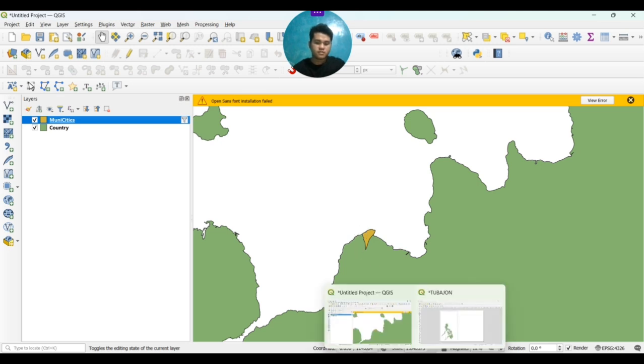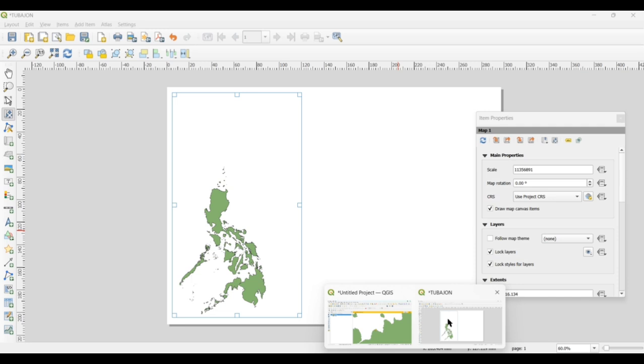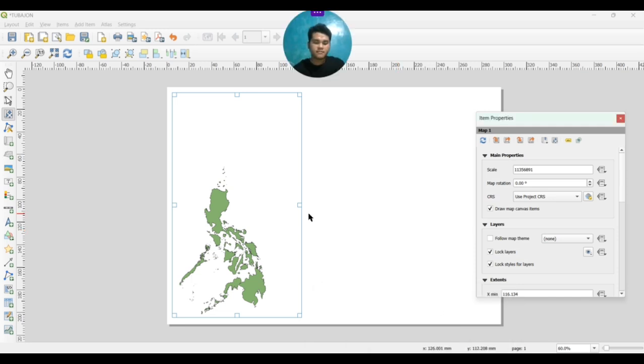When you're done with it, go to the other tab, click on it, and then just do what we have done before. Click add map and then drag it to your preferred area in the map you've been creating.